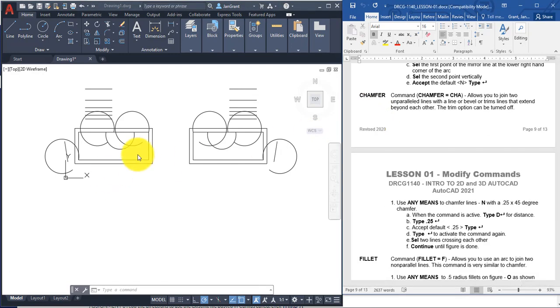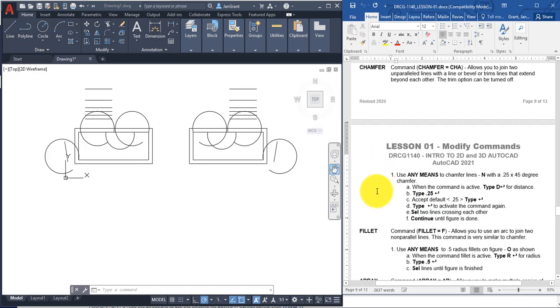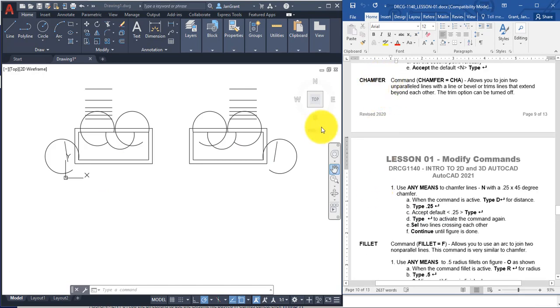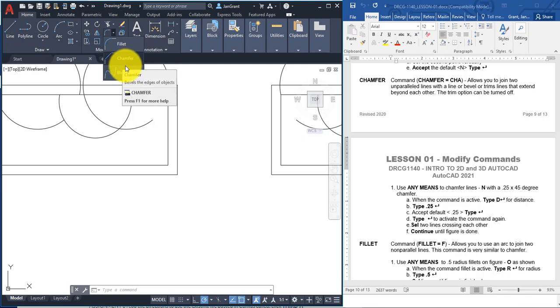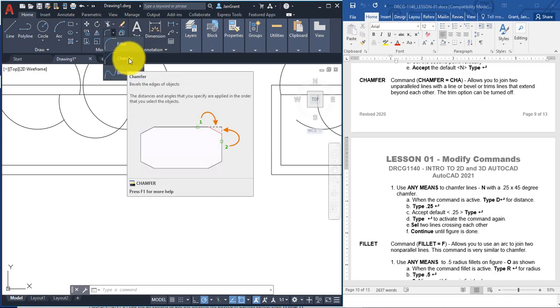The chamfer command will help, and fillet. Chamfer and fillet are very similar. Chamfer gives us a diagonal straight line that might be at this corner, and a fillet will be kind of a curved line or an arc that's created. So they're both over here, diagonal from the erase icon. Here's fillet and chamfer. If we look at chamfer and just rest your pointer on the command, you'll see that